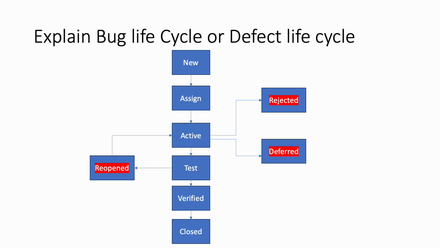There are certain cases where the developer cannot fix the bug in this cycle or in this sprint. At that time they want some more time to fix the issue, or it will go to the next sprint or next cycle. In that case the bug is deferred. And also there are certain cases that it is not a bug, so the bug can be rejected. Also there are certain cases where the bug is a duplicate bug. Already somebody has raised the bug, so in that case we can close it as a duplicate bug. So these are the few phases of the defect life cycle.